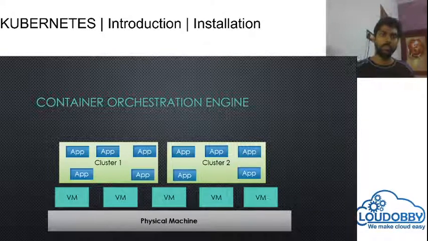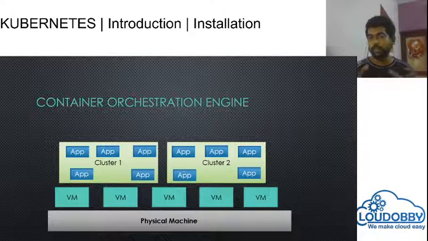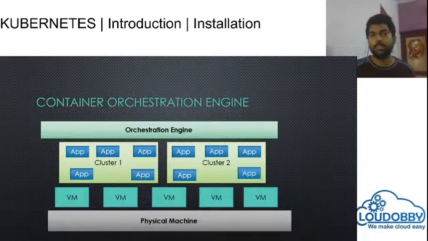So you can see what happens if one VM fails: another VM which is part of the same cluster can help your applications keep running. Who manages all this is your orchestration engine, Kubernetes, which manages your applications and clusters. I hope we now understand why Kubernetes is very important, because if we use Docker alone, we must find our own solution for a clustering method. But Kubernetes combines the physical hardware and virtual machines and creates the cluster for our applications, which is very well suited for running production workloads.